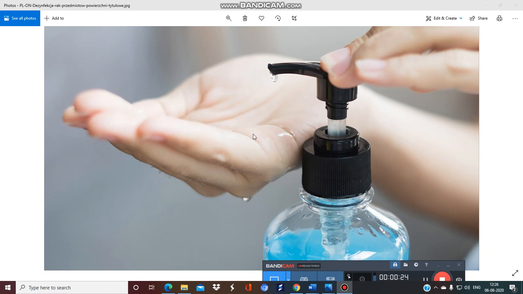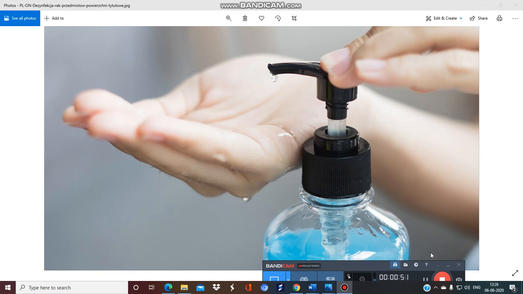So what is happening here? Yes, we use hand-based alcohol-based sterilizers. So what is the function of alcohol? What is alcohol doing with the microorganisms that are present in our hand? Does it completely kill them, or will it make them static, or will it inhibit their growth? So we will see in detail what the various sterilization methods are.